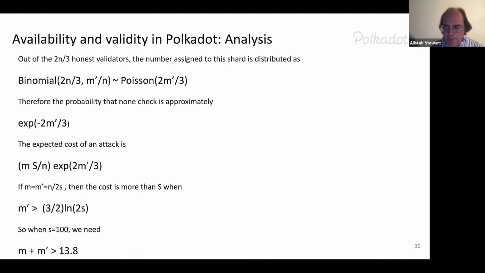And the number here, in total of both the approval checkers and the backing checkers, was about 14. If we have 14 checkers total, then it will cost you more than all the stake in existence in expectation to attack a single shard. This is a lot smaller number than we had even with the one honest assumption. That was 38. With the other one, it was like 300 and something.